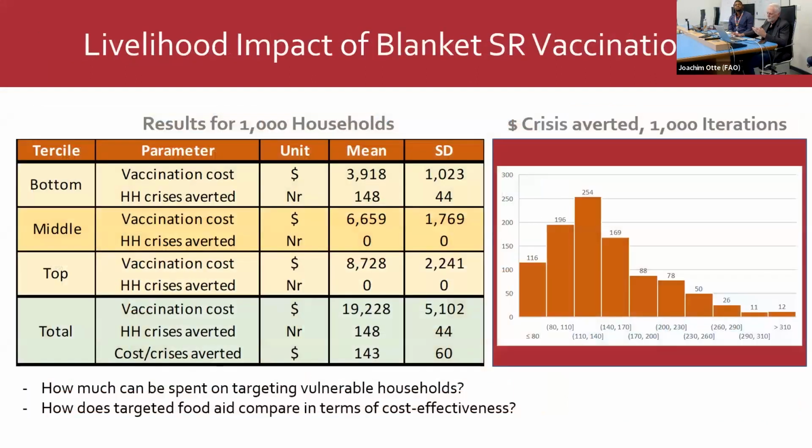And similarly, we can do that. What is the cost of protecting a household? So here the result again is not a normal distribution, but it is about $143, the cost of protecting a vulnerable pastoral household. And you can then compare that number to what equivalent food aid could you distribute for that amount of money. So this is emergency